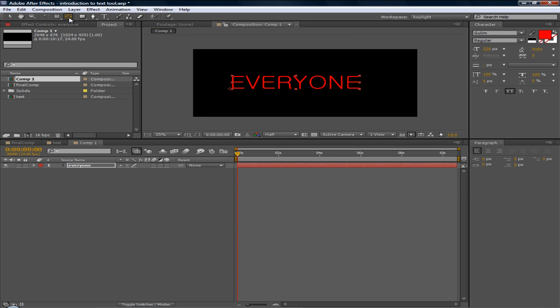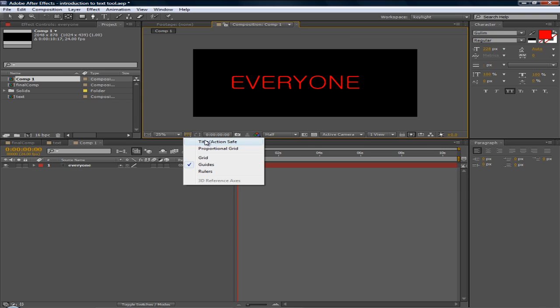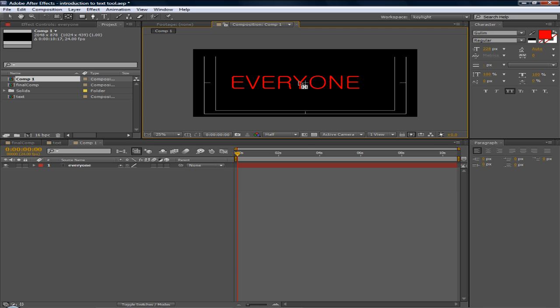Take the anchor point mover, which is a pen. You can click Y on the keyboard, and then you can get the tool. Take the anchor point, put it in the middle, and to make sure that's the middle, you need to click here, title / action safe, and I will show you this is the middle. Okay, so let's go ahead and put the text in the middle,